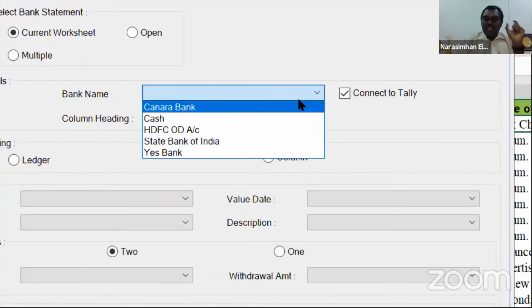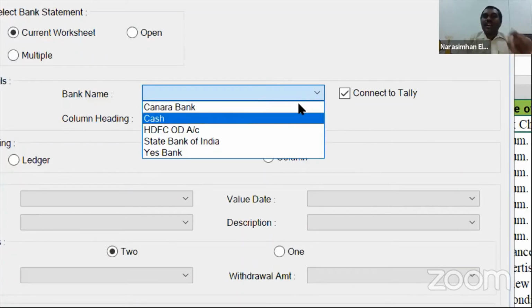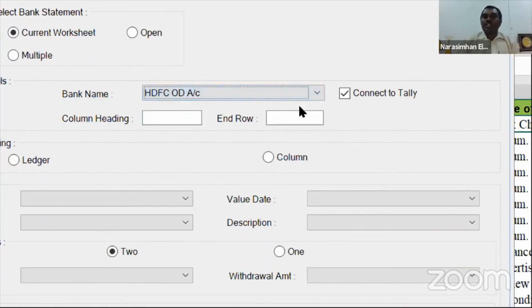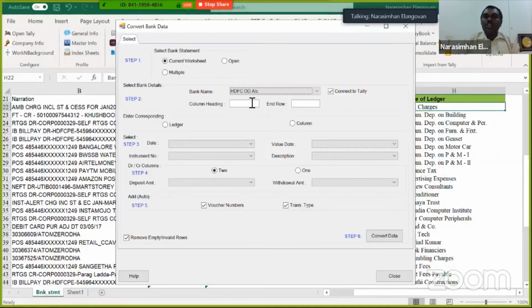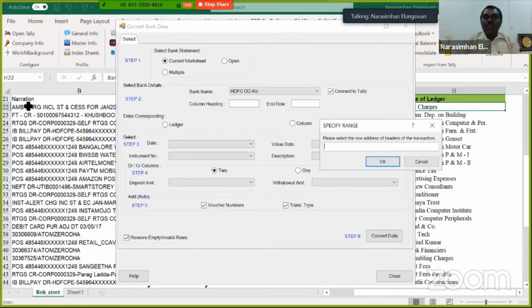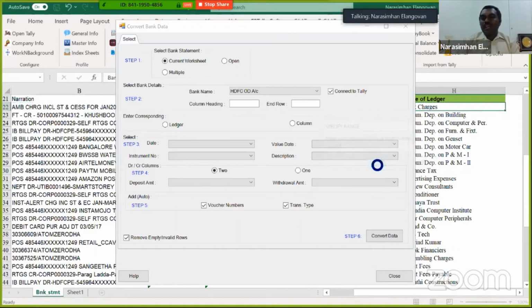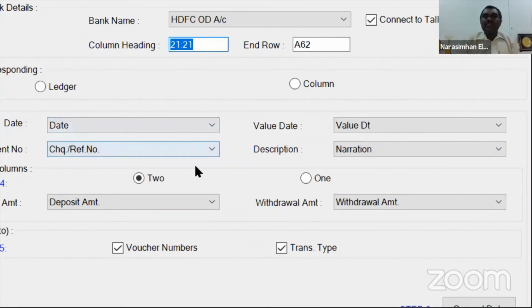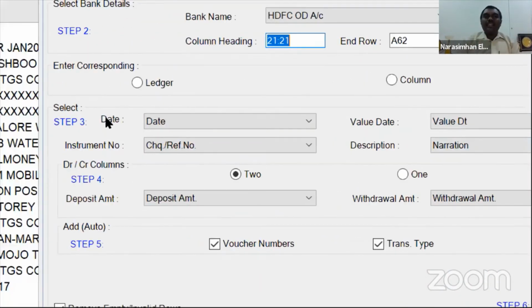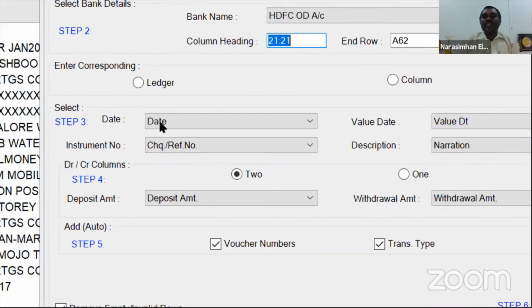Look at this. It basically goes and filters the bank ledger. I know this is HDFC, so I choose HDFC account. Then I click on column heading. Under column heading, I click on narration. The moment I click on narration, look at this. In a split second, automatically the fields have got filled. And this is the corresponding ledger field. This corresponding, I can either choose it as a ledger or as a column.